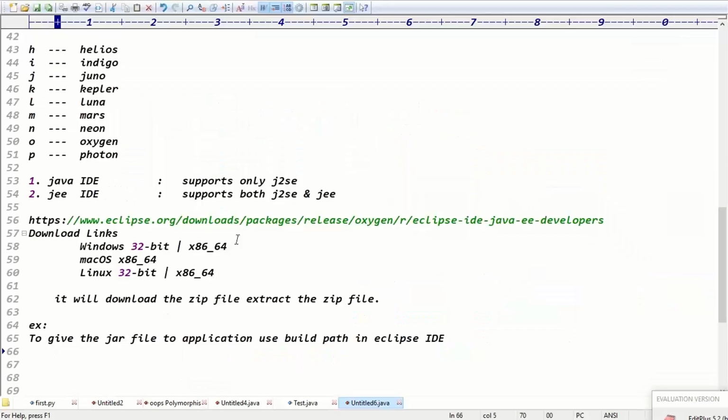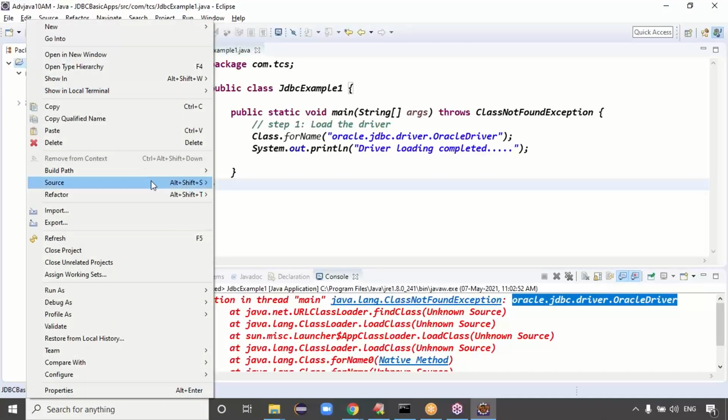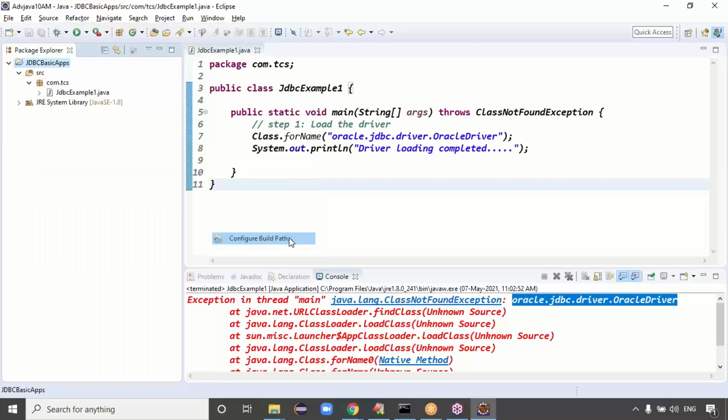So right click on the project, build path, configure build path.